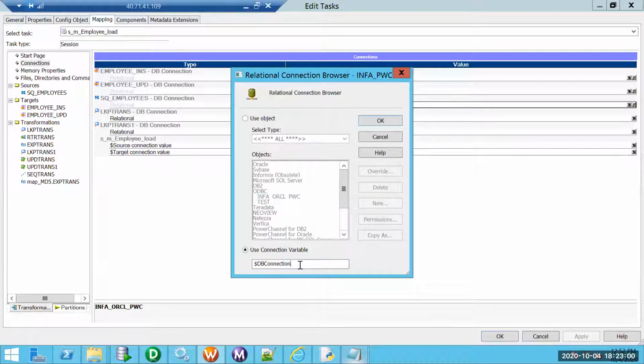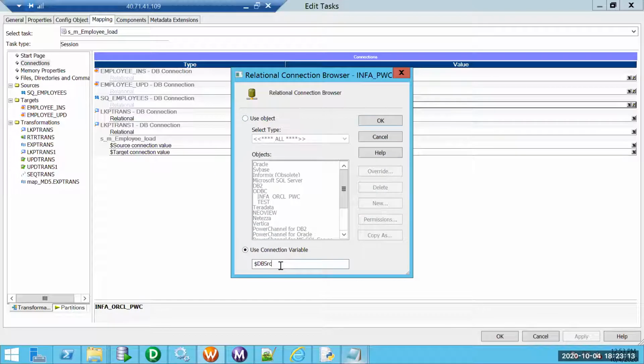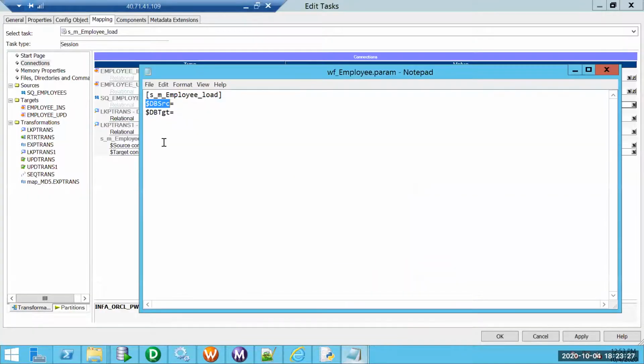I'm populating this as the DB source, and the $DBConnection target IP.